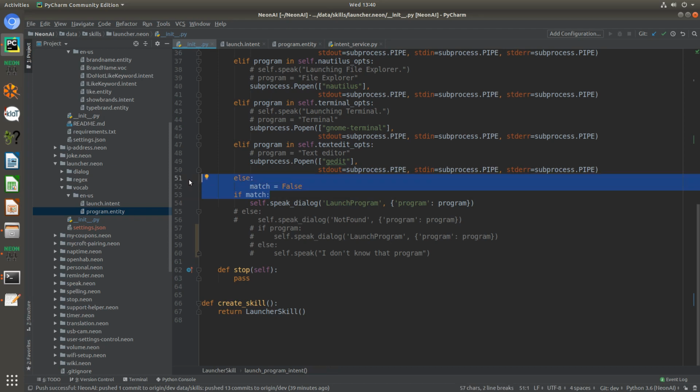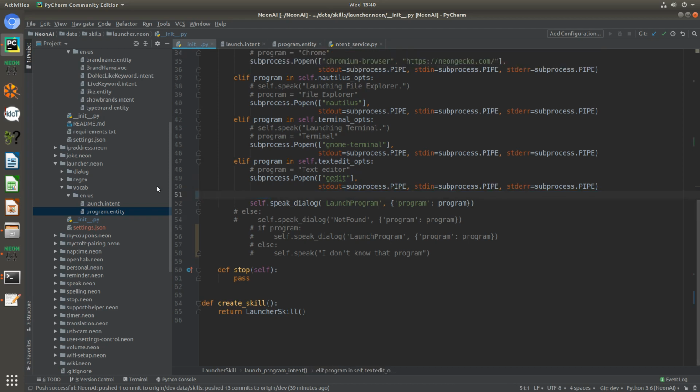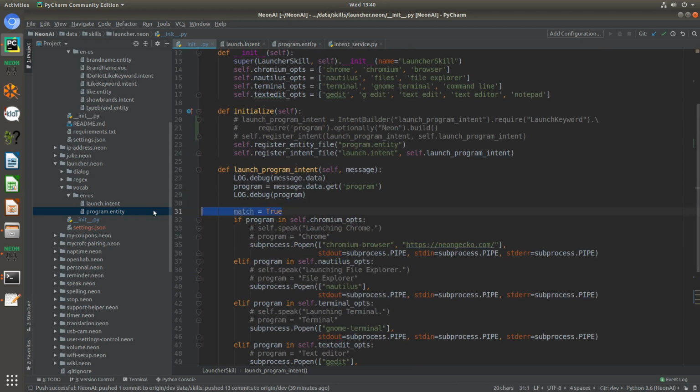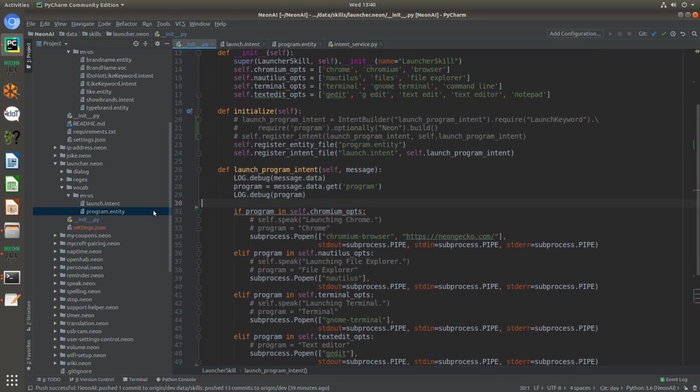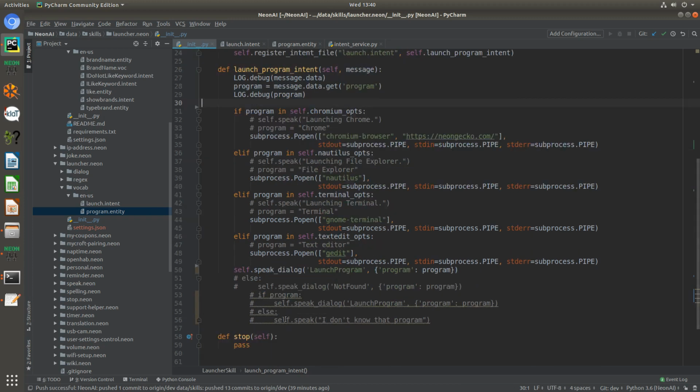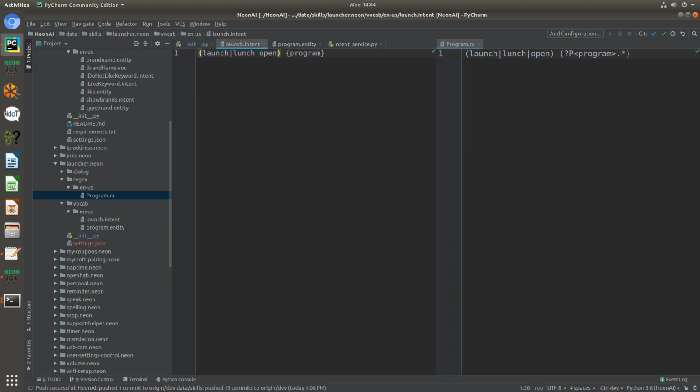Which means I can actually remove all of this if match logic, because with the way the intent file is, it's not going to match if it didn't find a match in the first place, so we'll never get to here. And clean up our indentations. So before I continue on to testing this skill, I do want to point out the differences here between